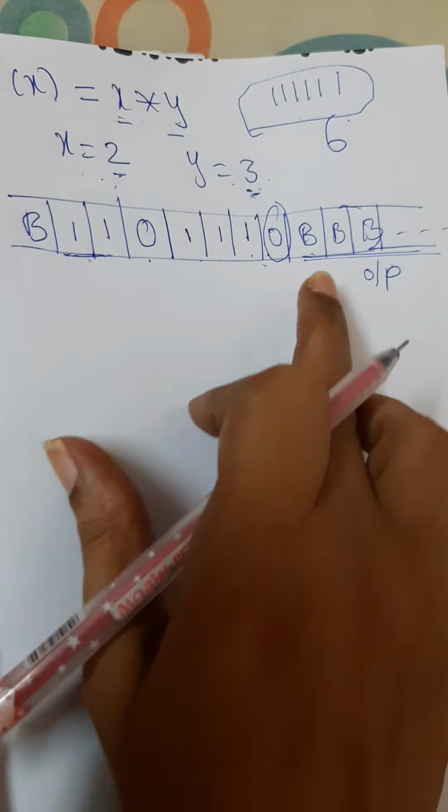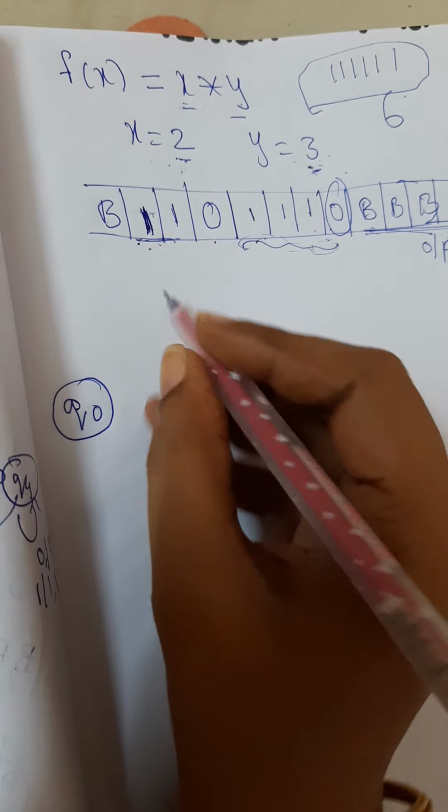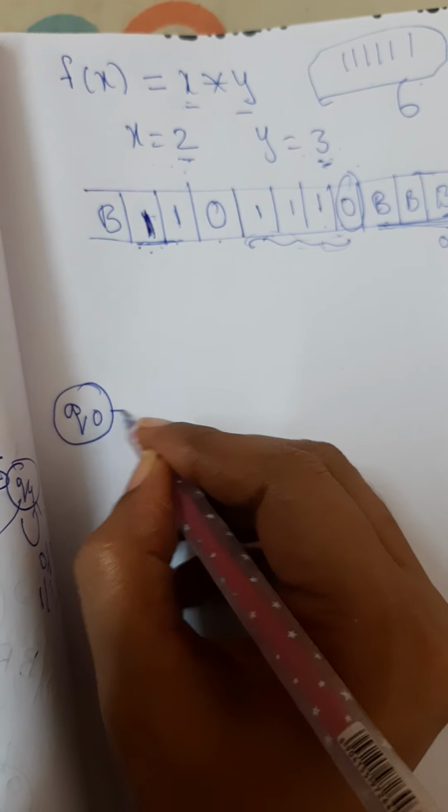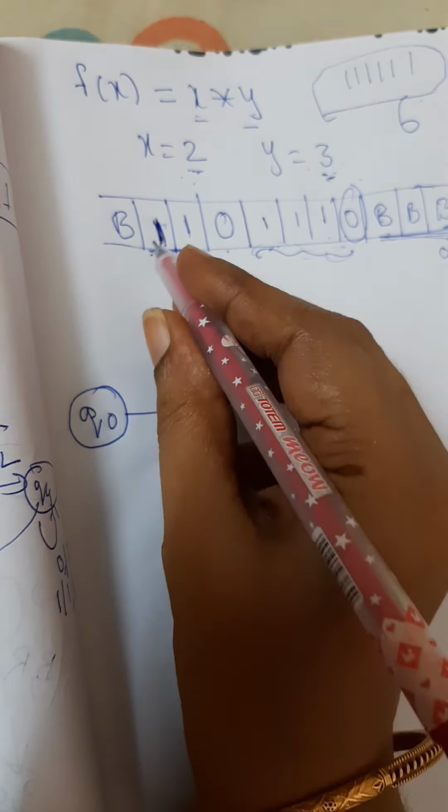Now when you are initially at 1, you are in the state Q0. In the state Q0, if you have 1, let us make it a blank and move right. So this one we are making a blank and moving right. After this, we can have any number of ones, you just skip them and move right. In this example it is 3, but we can have 4 or anything. So the first one you make a blank, and any number of ones you just skip.